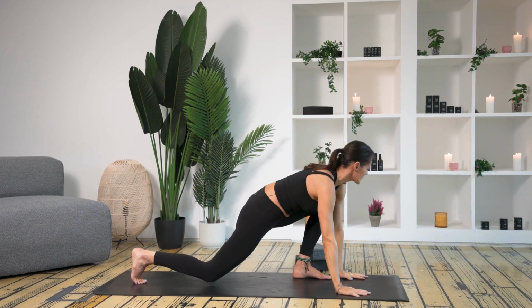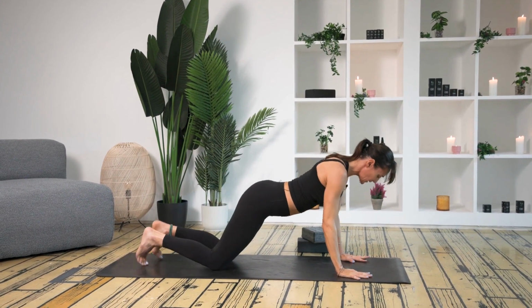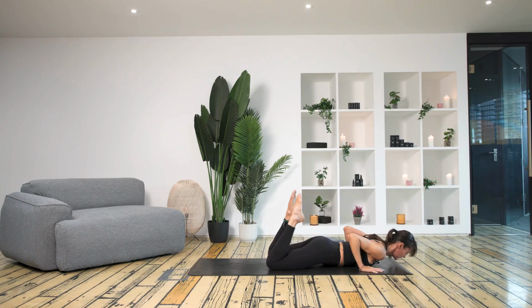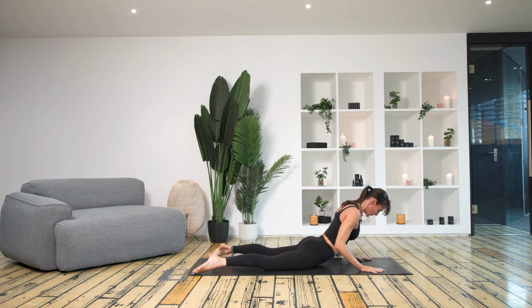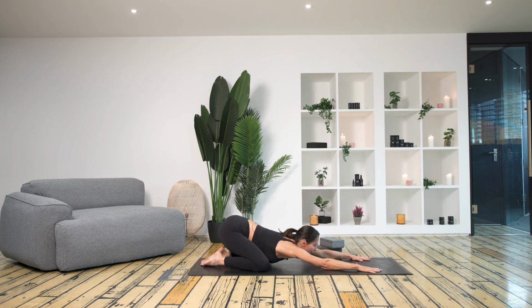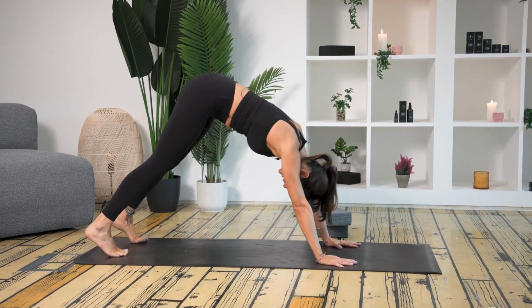Releasing the hands on the ground. Step your left foot back. Find your high plank position. Come knees, chest, chin down, keep the elbows nice and tight, bring the feet with you if it's possible, laying all the way down, hands down, pressing the ground away, lift the chest, engage the glutes, gaze forward, sit all the way back, stretch back, long arms, rounding the upper back, bringing the hands closer to the knees,